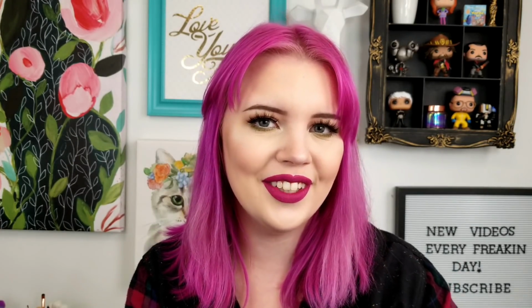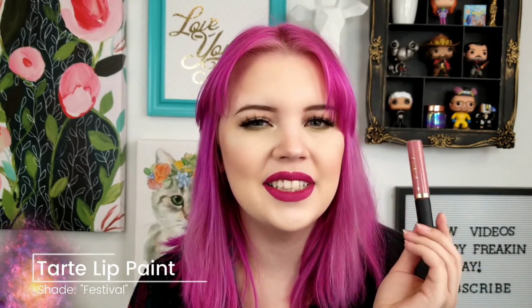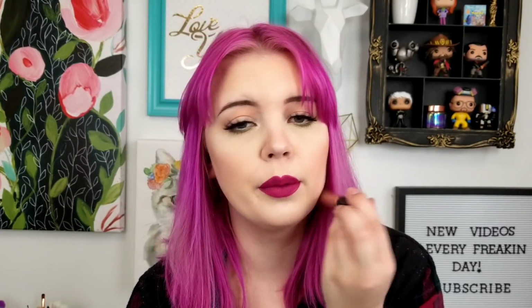Another Tarte product on this list is the Tarte Lip Paint in Festival. I wear this all the time. It is such a pretty color, a nice muted neutral pink mauve tone, and I really love it. It does wrinkle a little bit, like your lips look a little bit wrinkled when you wear it, but it's just so pretty. I love it a lot, and I just want to have it with me my entire life because it's just so pretty,